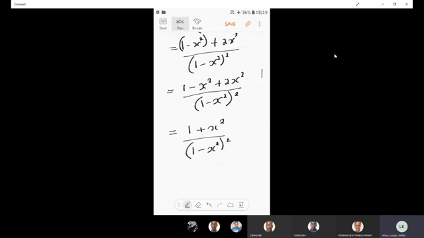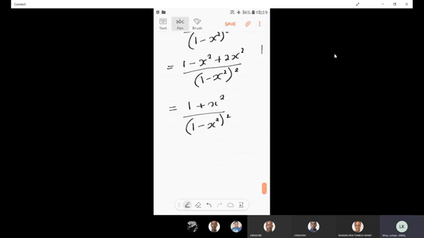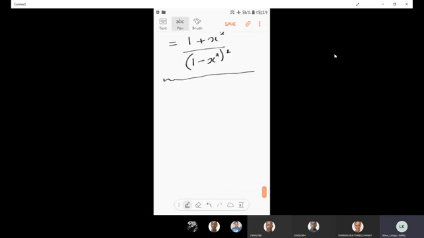Okay, so that is how we would work that one out. And then we can look at one more. If I have y is equal to e to the power of sine x, this is equal to x e